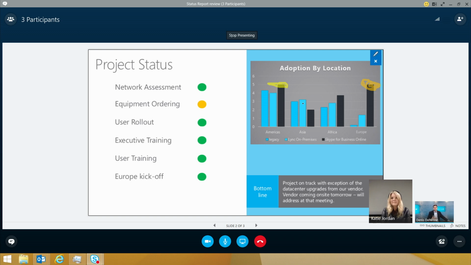So this gives me the ability to annotate and my teammates to do the same thing and see it in real time using the power of PowerPoint. It wouldn't be a truly powerful PowerPoint presentation or meeting if we didn't have the ability to share it with